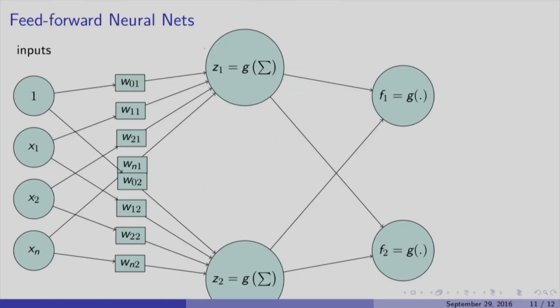So that is the idea behind feed forward neural networks. You have a cascade of activation functions, z1 is g times the summation, the weighted linear combination of inputs obtained from the previous layer, z2 is again another activation function, and then you finally combine these. You can keep doing this for multiple layers. What you see here is a final output layer. You could have multiple outputs.